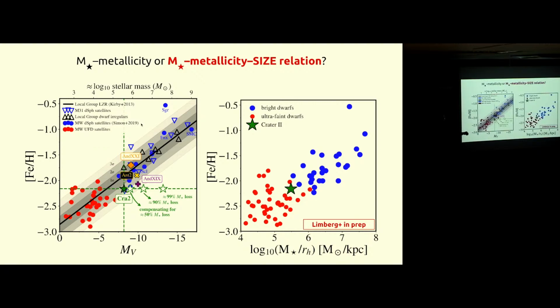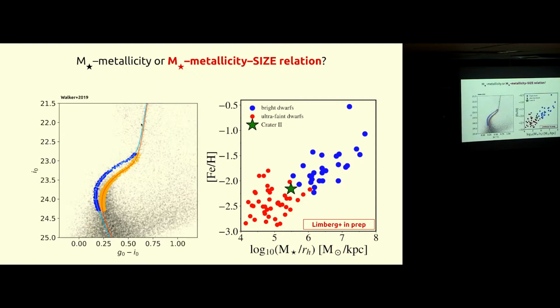And even if you compensate for this mass loss that this galaxy has experienced, note that the horizontal axis goes with the log scale. So if this goes with the log scale, you need to really lose like 99% stellar mass loss for you to come to something like here. So this wouldn't even be a big outlier. So maybe what is happening is that this galaxy really is very low metallicity because it was not capable of retaining all of the metals that it produced. And maybe this could be because this galaxy really lost a lot of its dark matter mass very early.